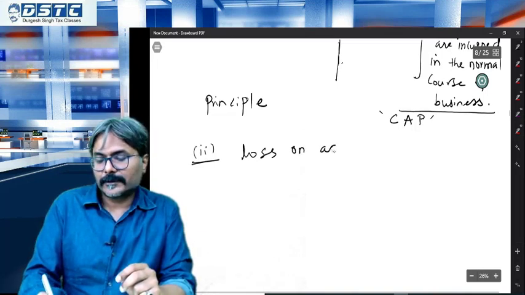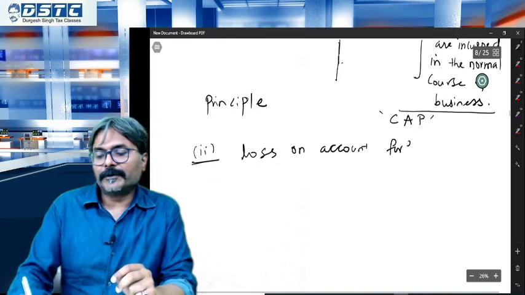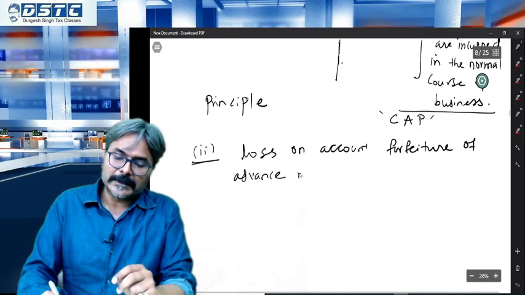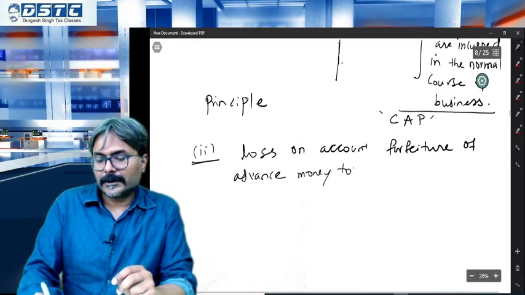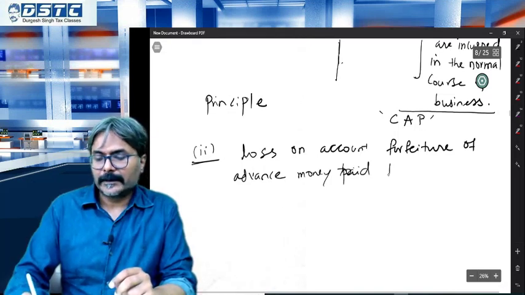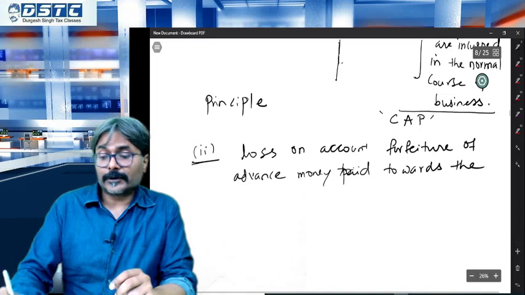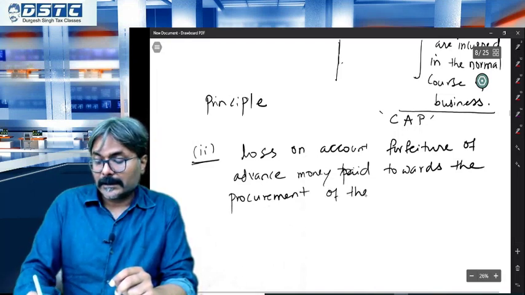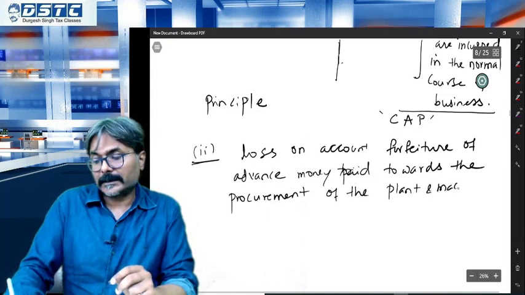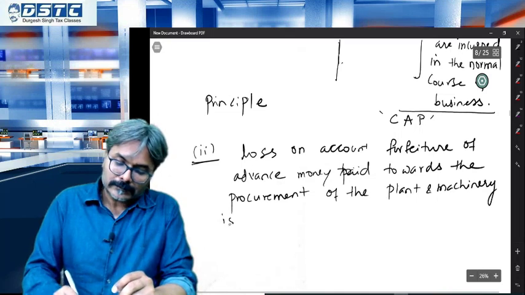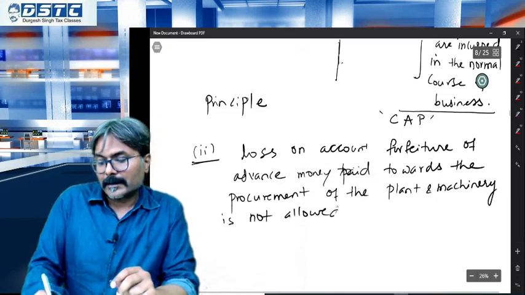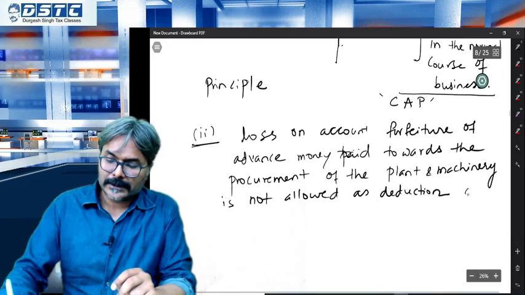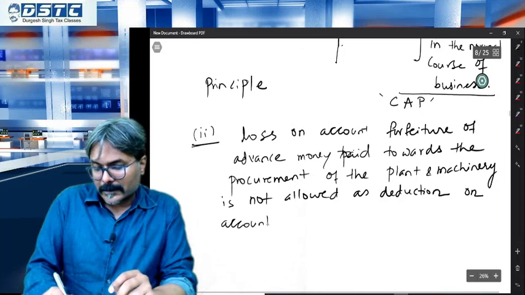Loss on account of forfeiture of advance money paid towards the procurement of the plant and machinery is not allowed as a deduction on account of